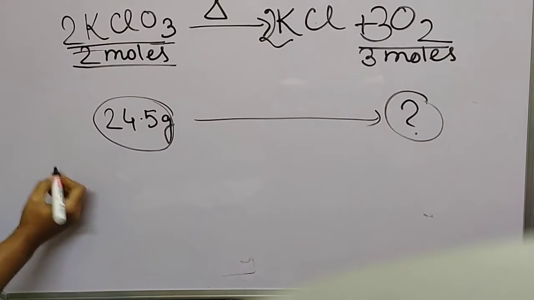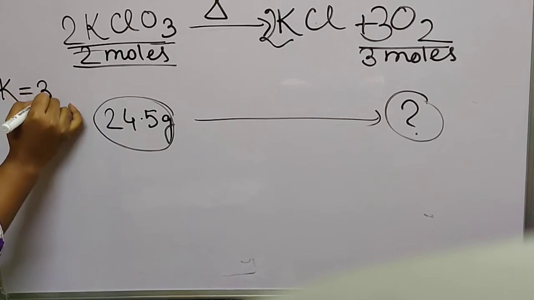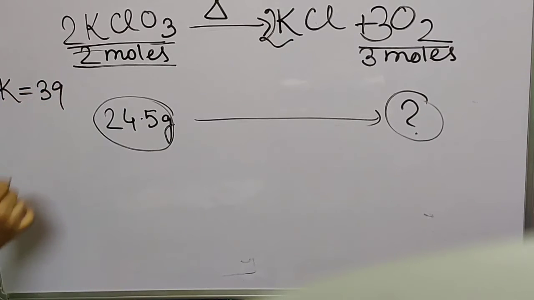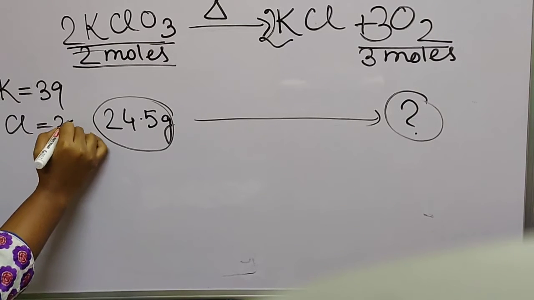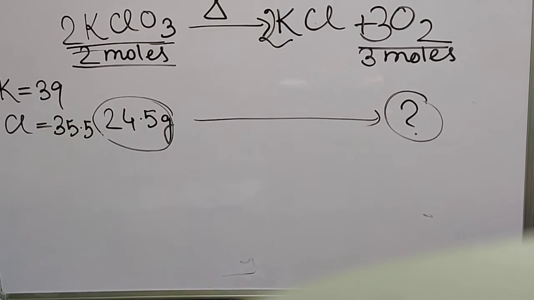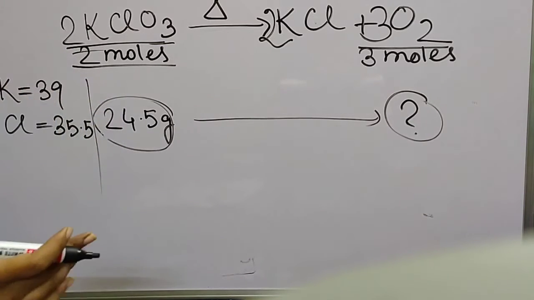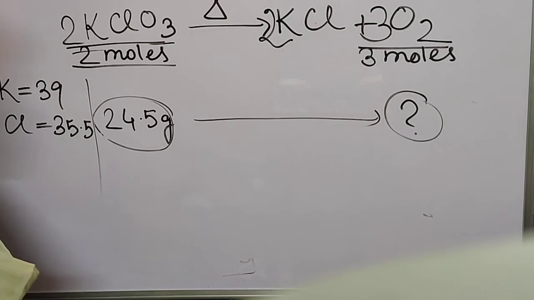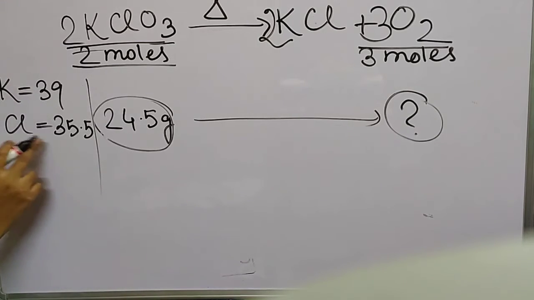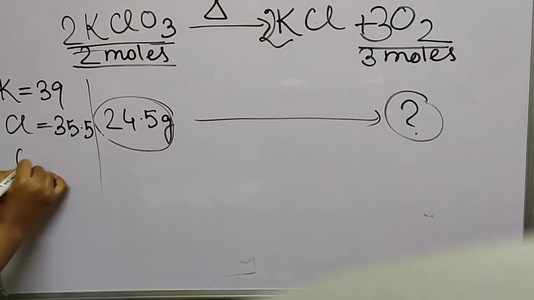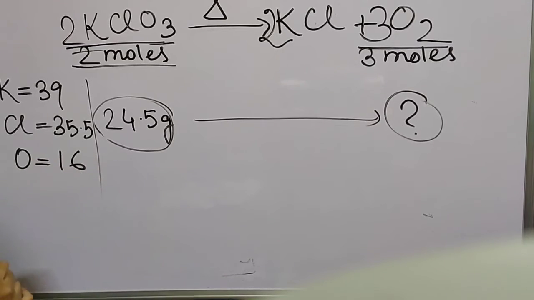Okay. So now you have to calculate the molecular weight of KClO3. So I am just showing it here. Atomic mass of potassium is 39. That will be given in the question, but if not given, then you have to remember. For chlorine it is 35.5. So it is better to remember the atomic masses up to atomic number 30, that means up to zinc, because you don't know in which question it will be given or not. So for chlorine, atomic mass is 35.5 and for oxygen it is 16.